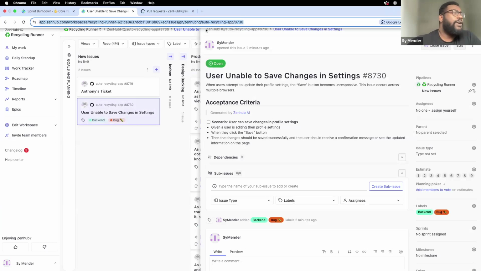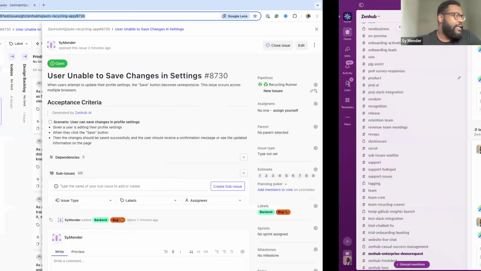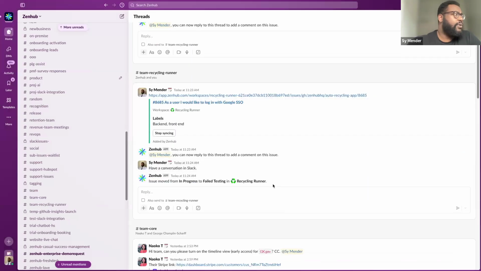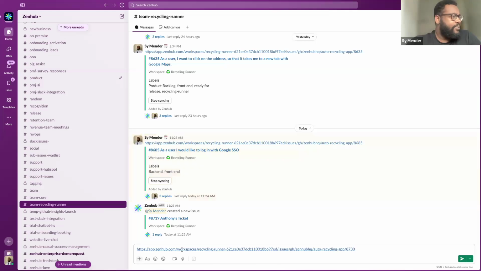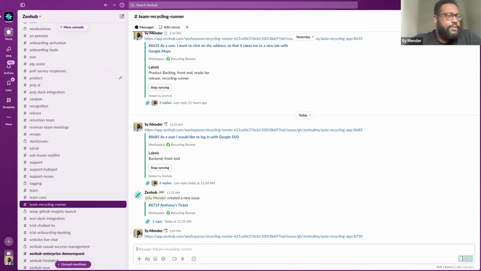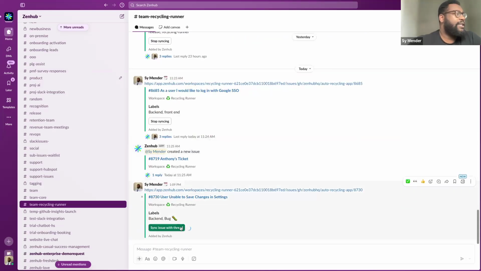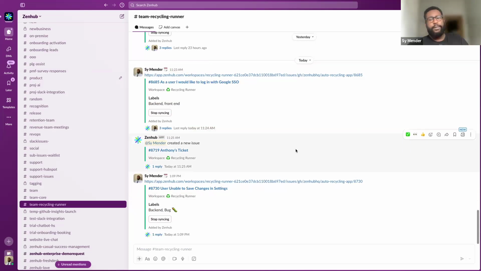The way we do this is we copy the URL associated with that specific ticket. Once we've performed our integration, we can go ahead and paste that URL within the context of that channel. And after giving it just a sec, it will give us the ability to actually sync that issue into the thread.